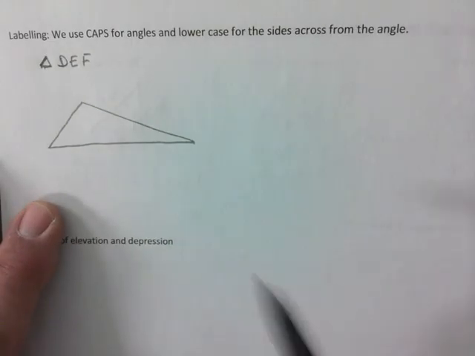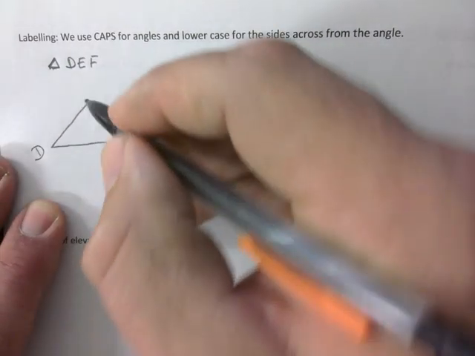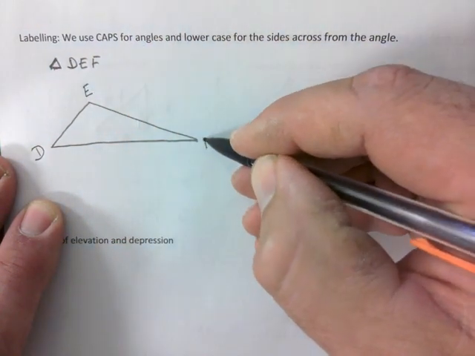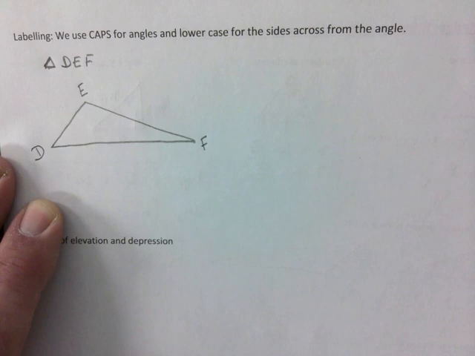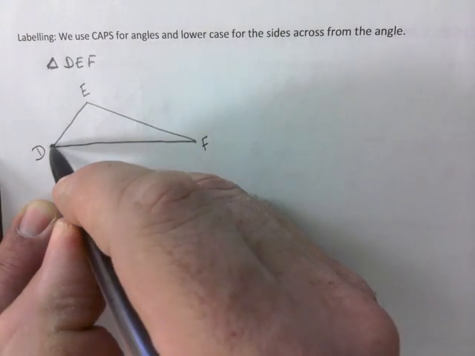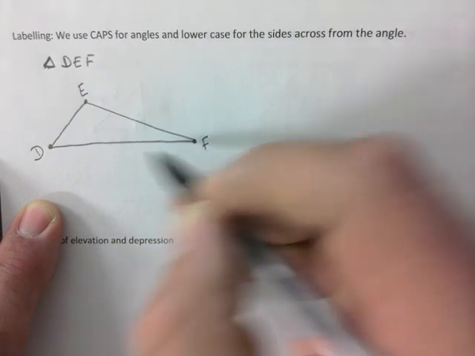What I do is I start here and I put a capital D, then I go clockwise, capital E, capital F. It doesn't matter if you go counterclockwise or clockwise. You're still going to end up solving the same triangle, right? So D, E, F are the corners,